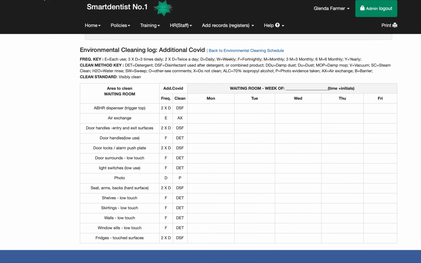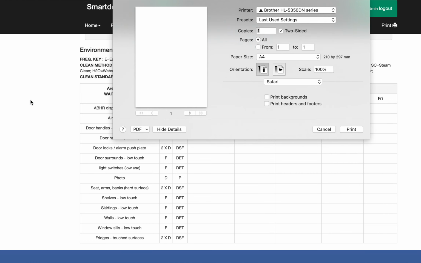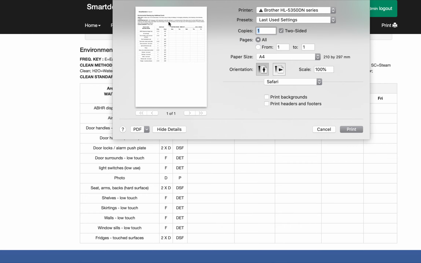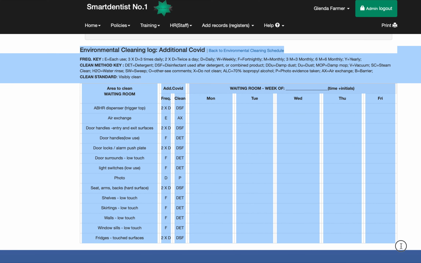The environmental cleaning log can be printed off by going up to your browser, print. But it may not be in the way you want, and you may want to cut and paste things out. So you can actually just cut and paste this out into Word. So you just highlight it. So you select it